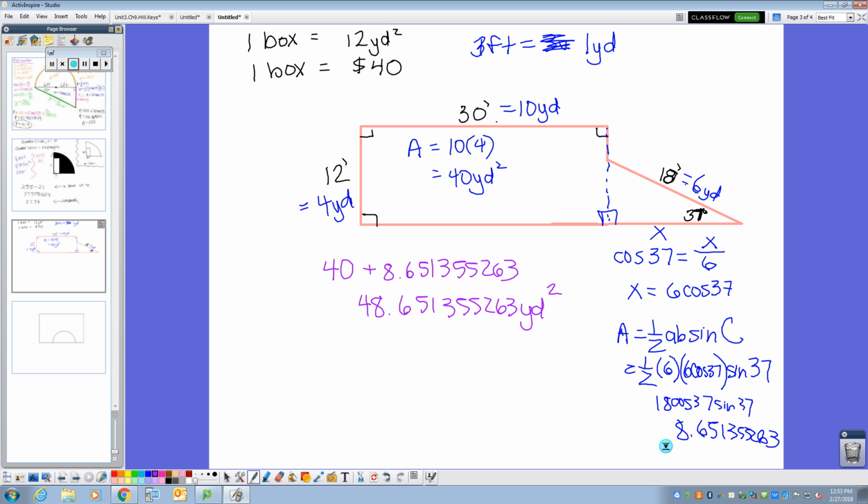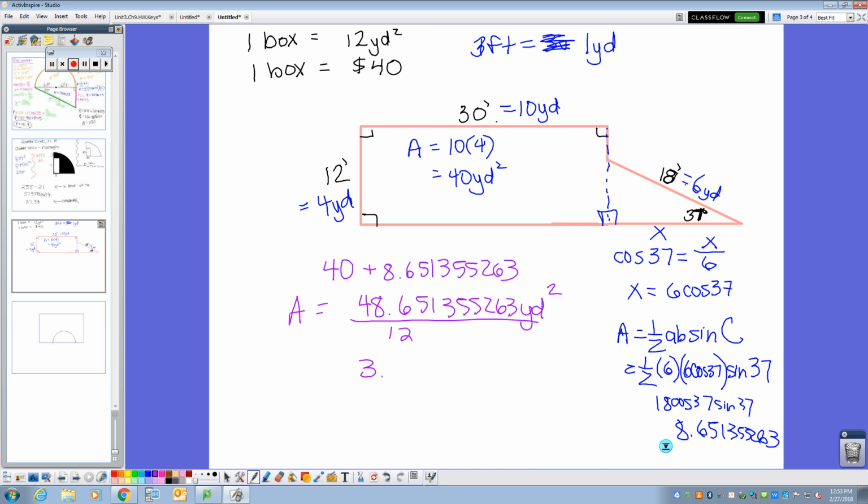So there's my area in square yards. And I have that a box of tiles covers 12 square yards. So we're going to divide this by 12, and we calculate that we need 3 point,